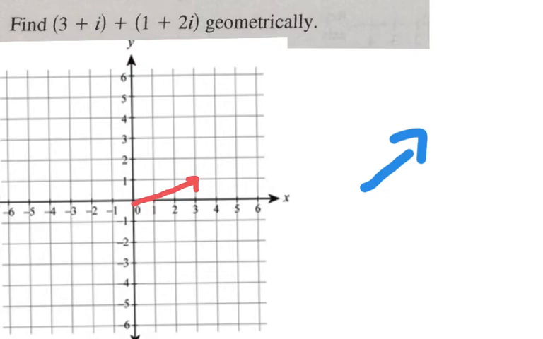And so now if I wanted to find this added geometrically, I could move it to the end of this vector, like so. And again, remember, look, it's where the arrow ends. So my final answer would be here, this vector, which has,